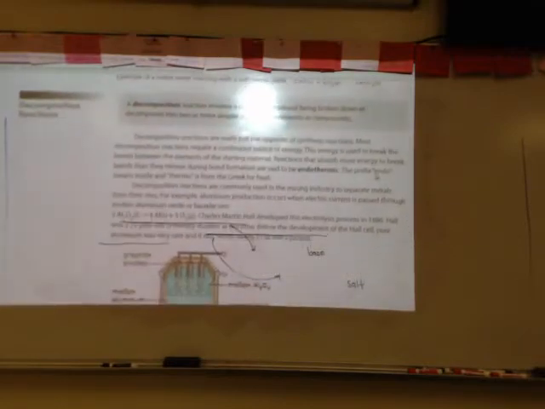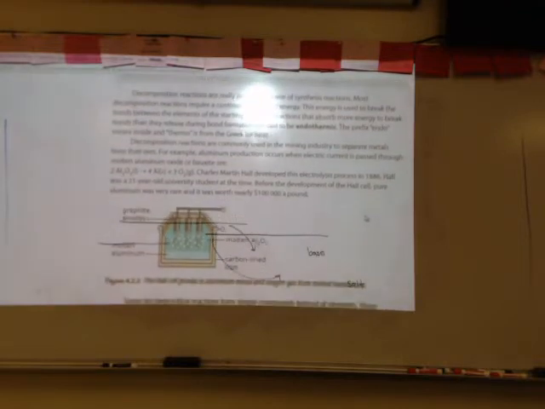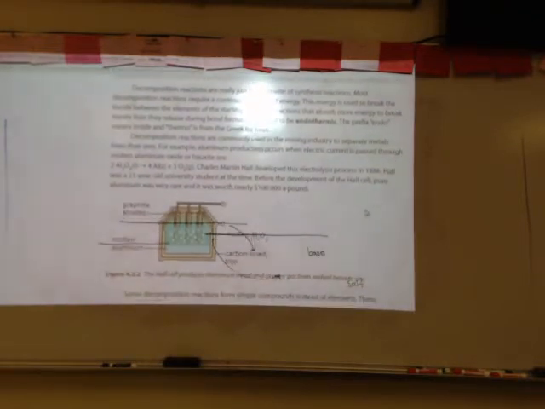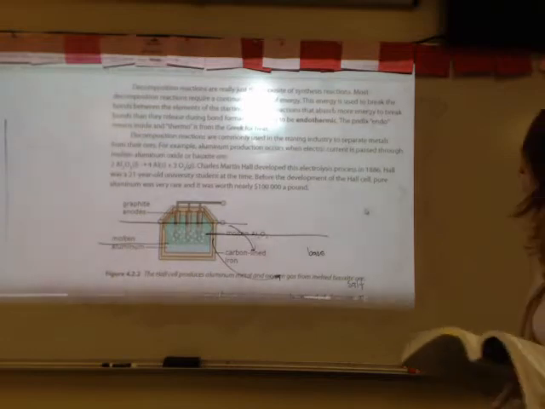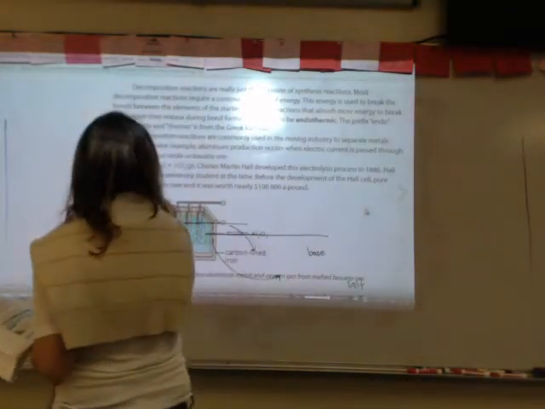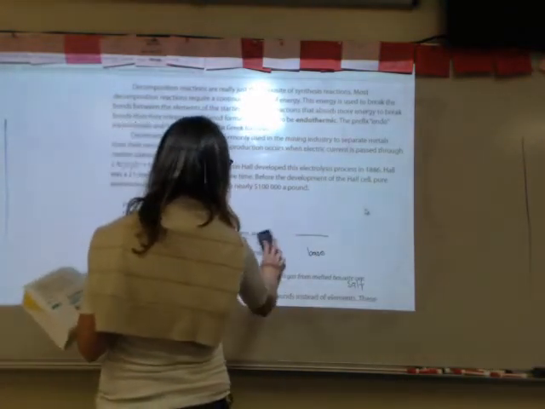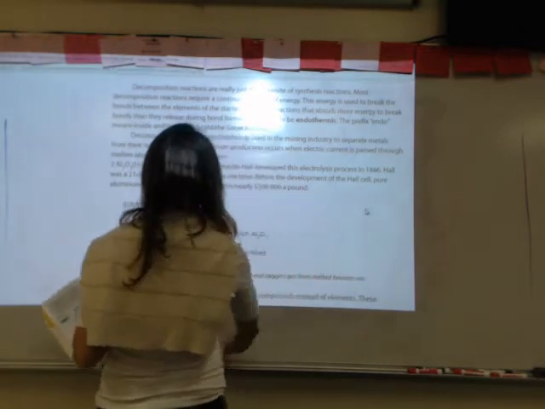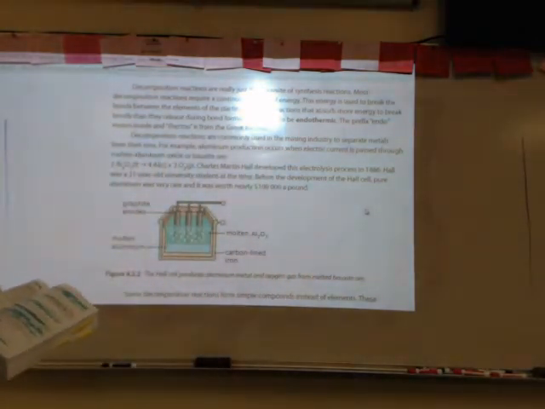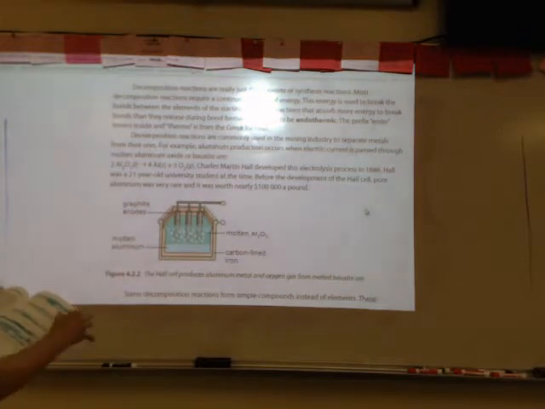Let's talk about decomposition reactions. Decomposition reactions are when you're breaking things down. You have one reactant. It's the opposite of a synthesis reaction, which means this is going to be endothermic, so this will absorb energy. And you're absorbing energy to break bonds, typically, right? So in this case,